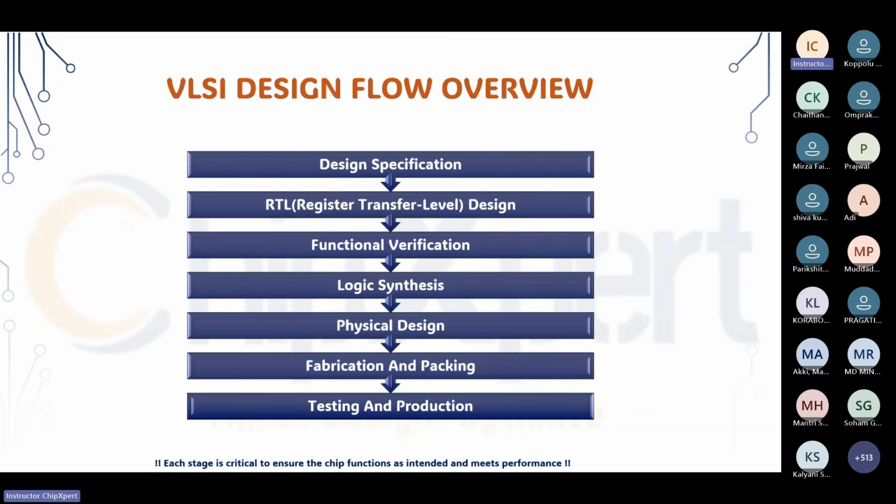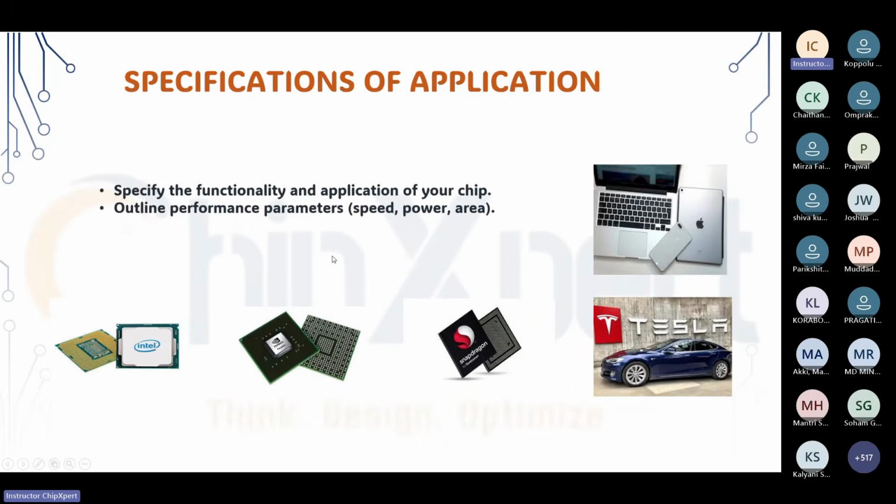After that, it will be properly tested, and out of every 100 chips, only 50 to 60 chips will work. Those 50 to 60 chips will go to production, that is, into your mobiles, and it will just take you 15 days to install in your mobile. But the process of chip designing will take at least 3 to 4 years for a small scale processor. Okay, so let's cover each and every topic in detail now.